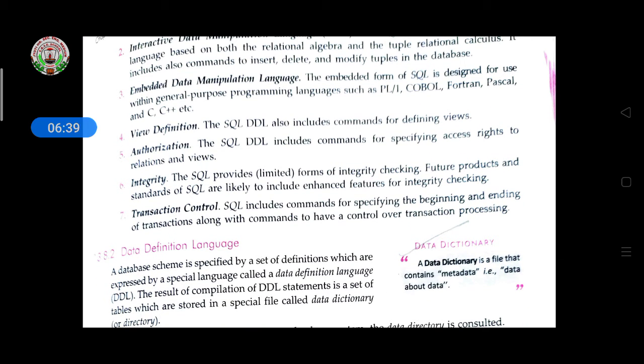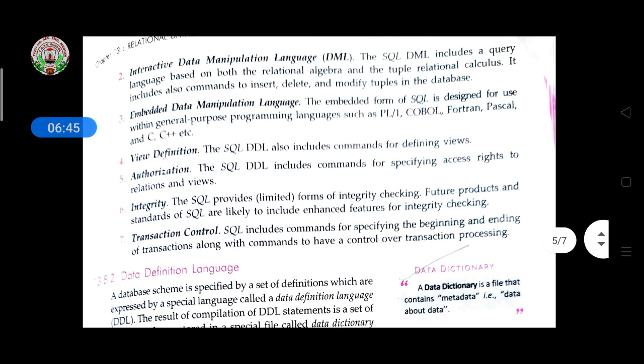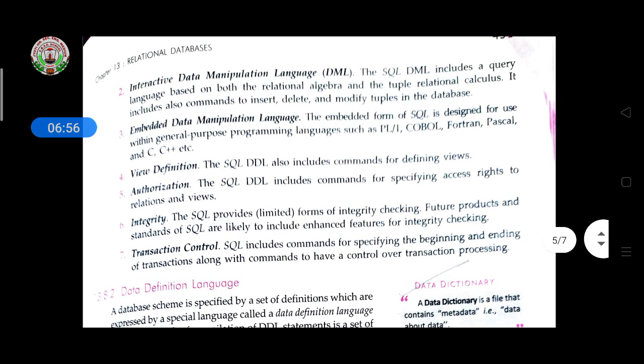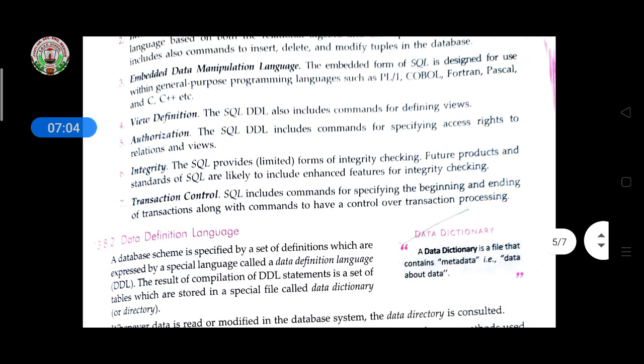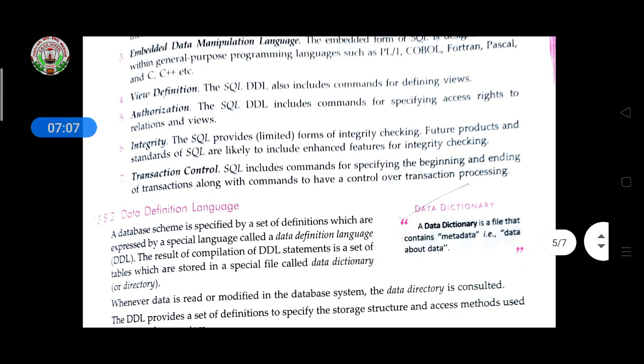Then embedded data manipulation language. The embedded form of SQL is designed for use with general purpose programming languages such as PL/1, COBOL, Fortran, Pascal, C++, etc. So if you are making software, you have to take one backend also. In that backend we use SQL to store all the data of the software we are making.